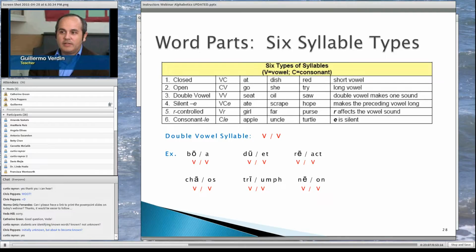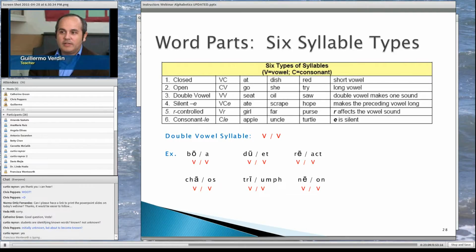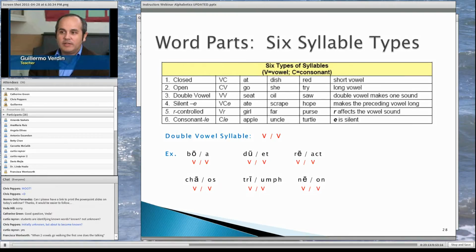As you can see on the slide, separating the two vowels actually creates two separate word parts. And again, the idea here is that focusing on and teaching the syllable types will help students use those word parts to identify known words, so that readers can break a word into its parts